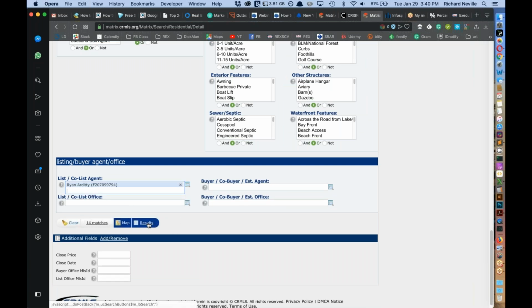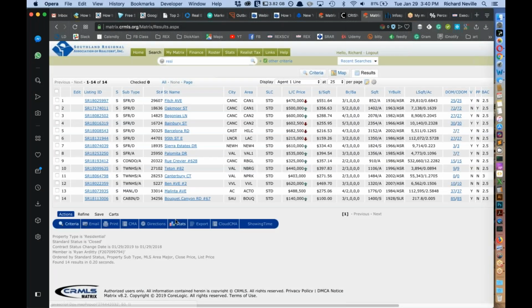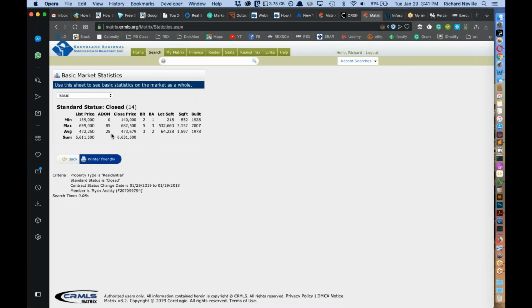And then if we go to results, now we can hit this stats, tabular, and it's going to go ahead and give you your total number, which is different. So that 365 in the year must have had a transaction at the end of the beginning of last year that did get counted in that 365. But you have your average list price, average sales price, average days on market, average bedrooms, bathrooms, square footage,